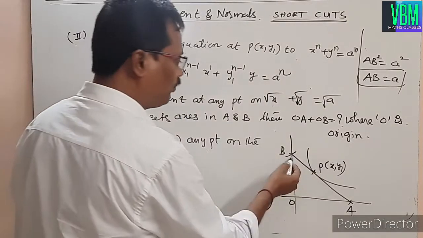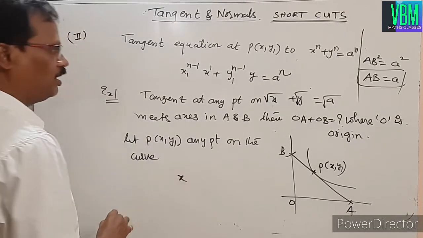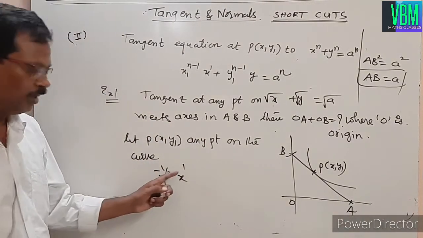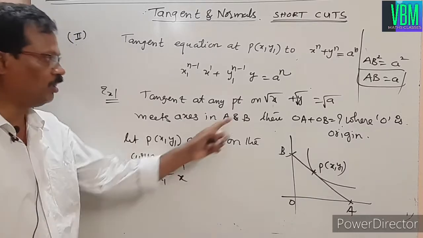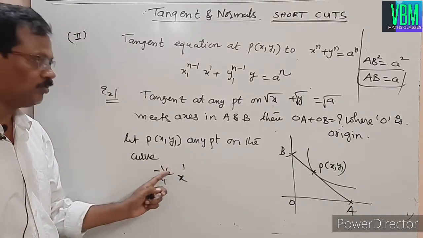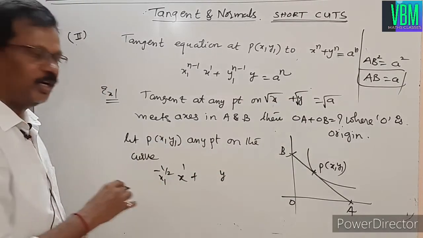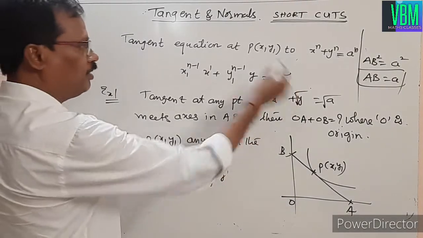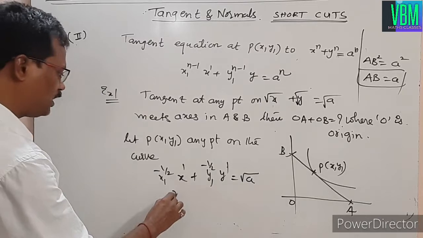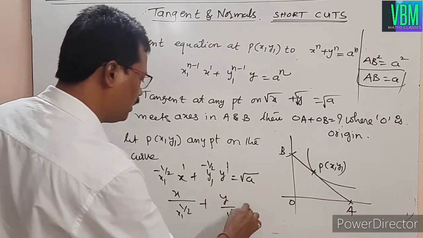Now what is the tangent equation at the point x1, y1? From the root x, take one x separately, it will be minus 1 by 2, that is x1 power minus 1 by 2. See this one here, what is the degree again? 1 minus 1 by 2 is what? 1 by 2 only. From y power 1 by 2, separate one y; remaining 1 by 2, because 1 minus 1 by 2 is 1 by 2. The root a will be the same, no change. Now x upon x1 power 1 by 2